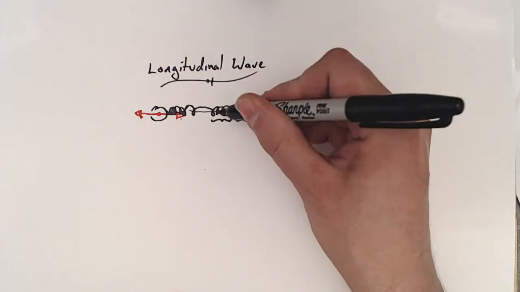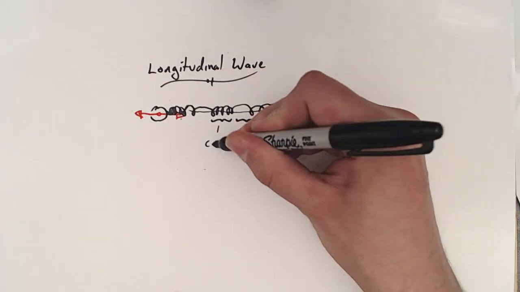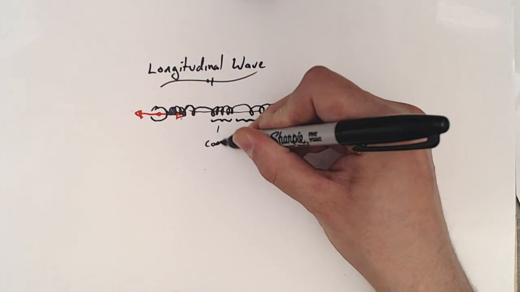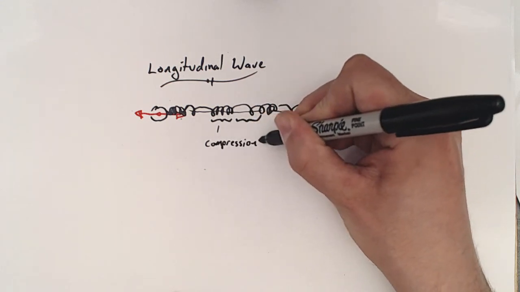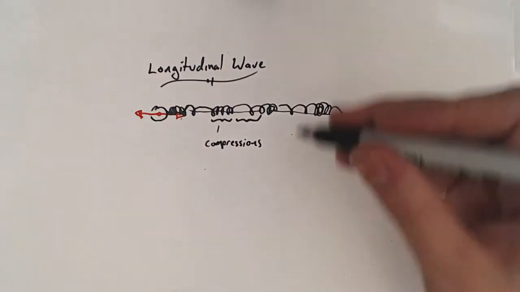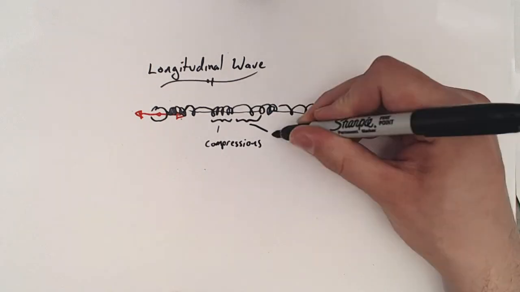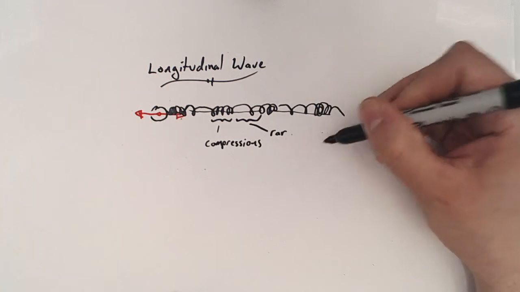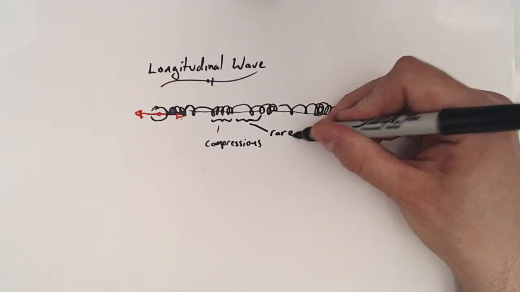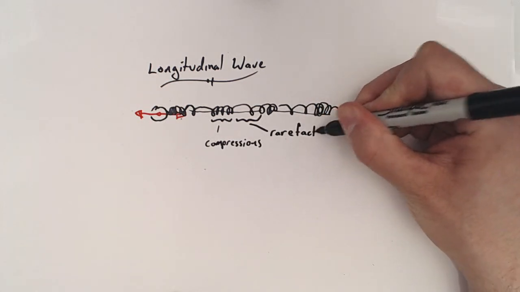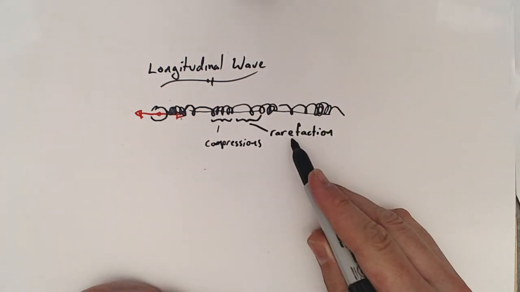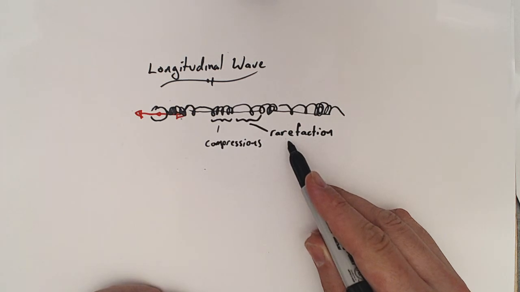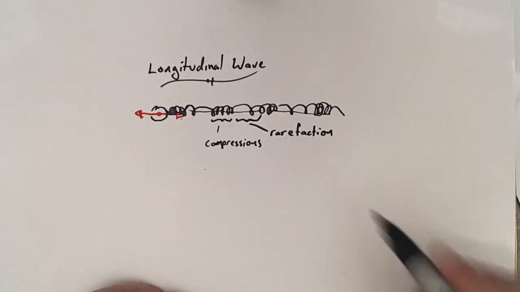And the high density regions we call, maybe even logically you might figure this yourself, compression regions. Compressions. And the low density regions, this is maybe a word that might not come up so much in regular conversation, rarefactions. Please don't mix this up with refraction or some other word that you might have come across previously in your life. It's not the same word. Rarefaction